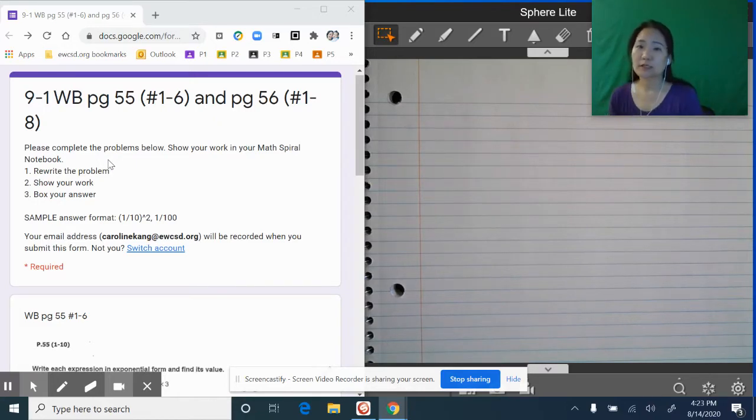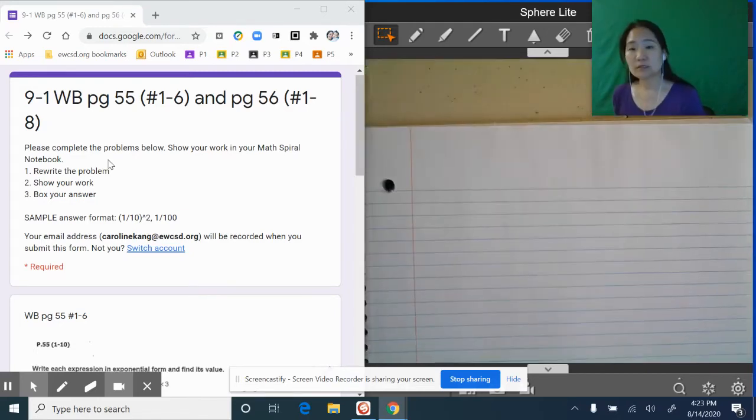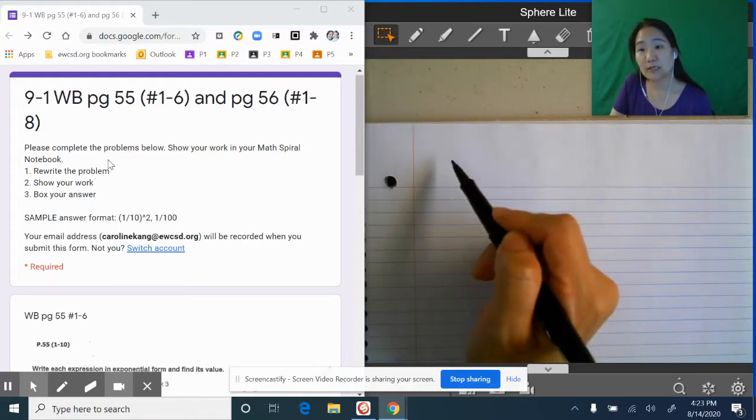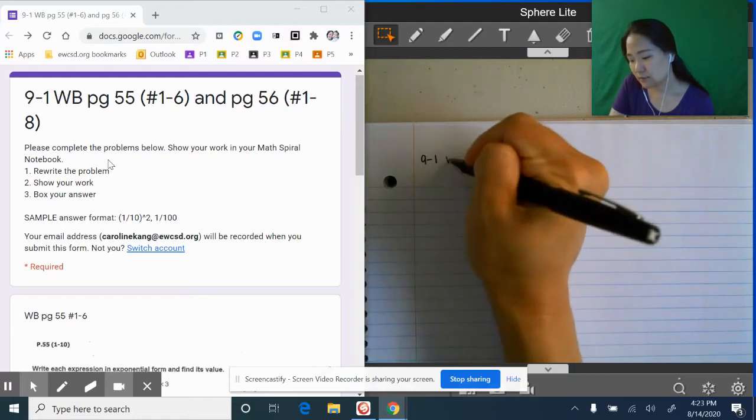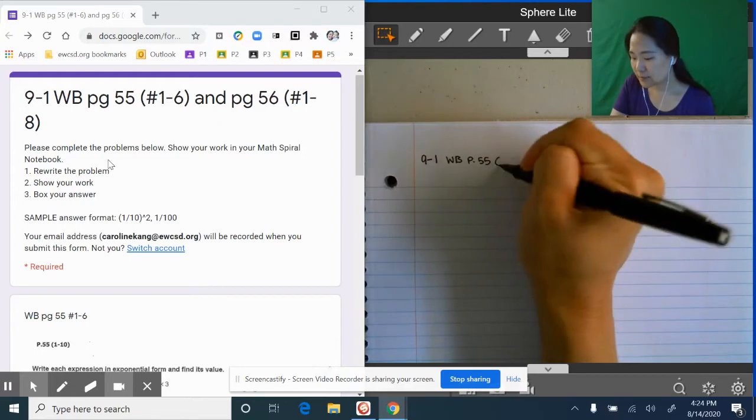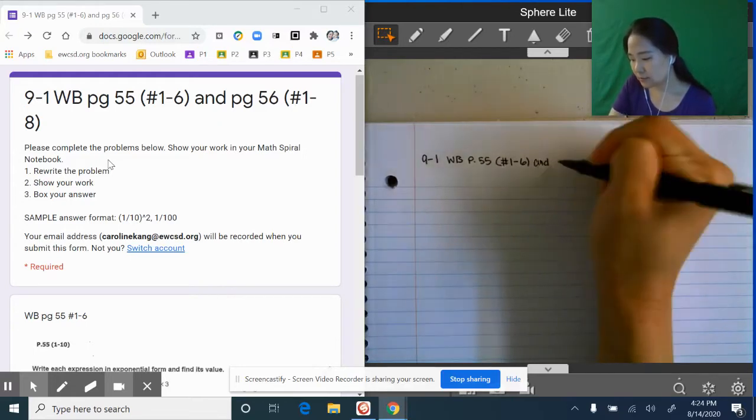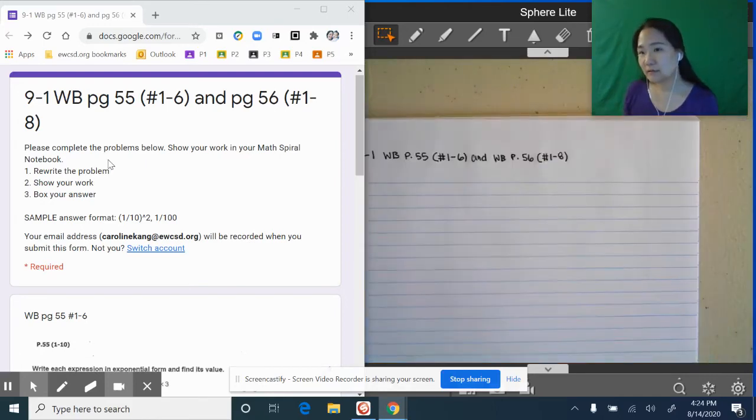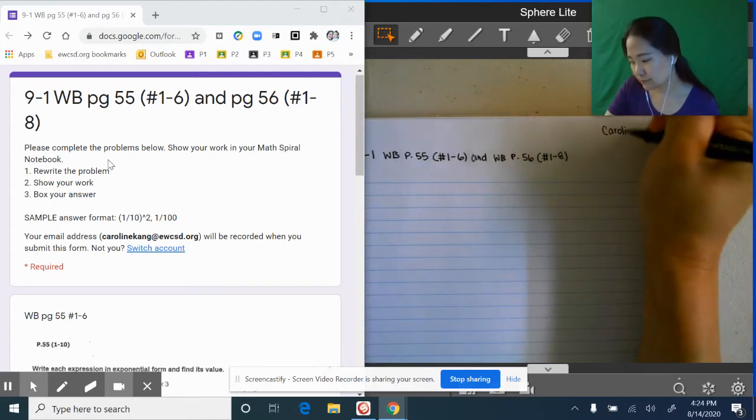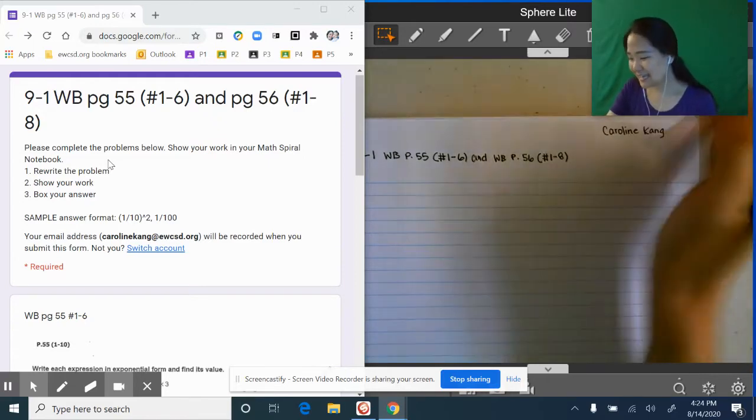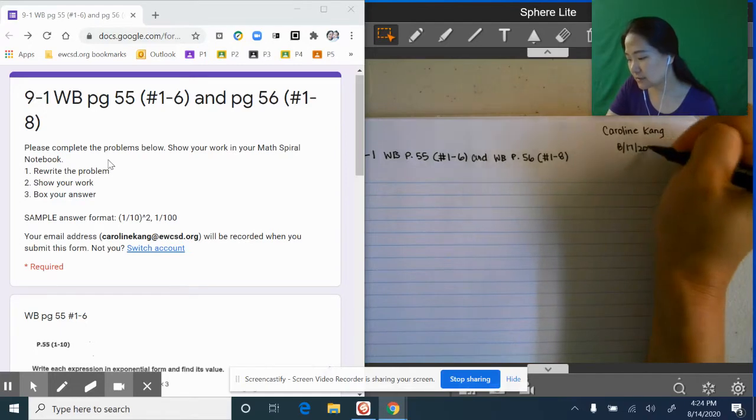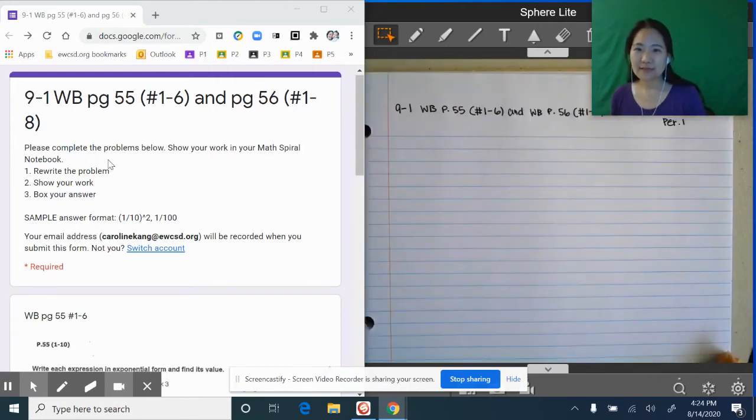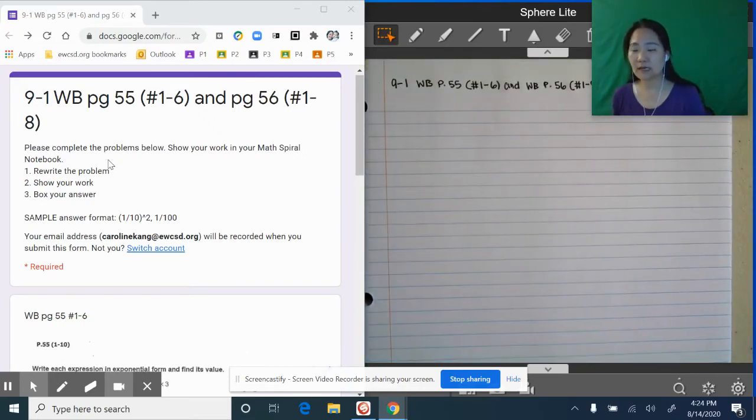Now, before we even start working on our homework in our math spiral notebook, you always want to write down the entire homework heading and name, date, period on the top right corner. So the heading is going to be on the left side right here. So I'm going to write 9-1 workbook page 55, numbers 1 through 6, and workbook page 56, numbers 1 through 8. And then on the right side, I'm going to first write my full name, Caroline King, today's date. So depending on when you have math, the date could be the 17th or the 18th, okay? And your period or your block number, okay? All right, so now that we have the heading and name, date, period, or block, let's go ahead and get